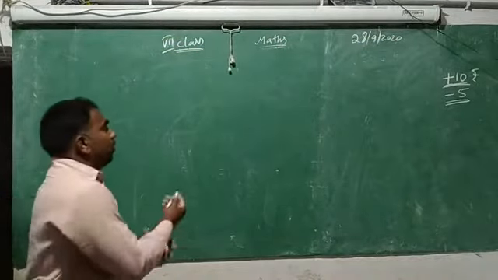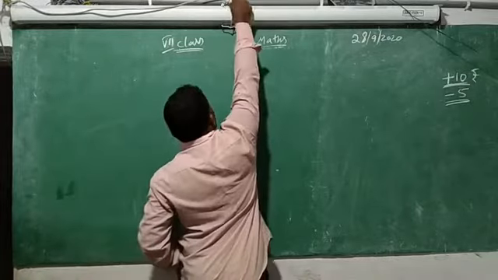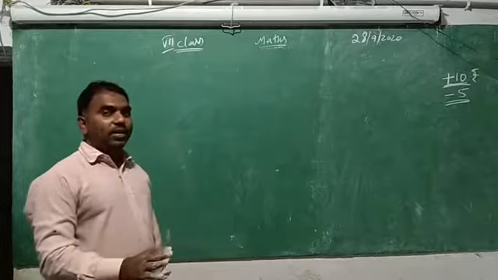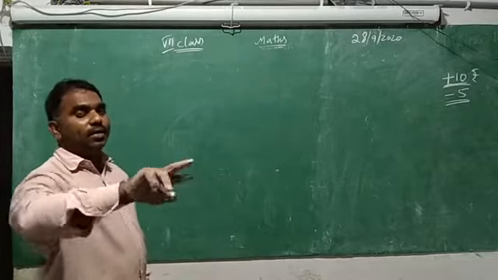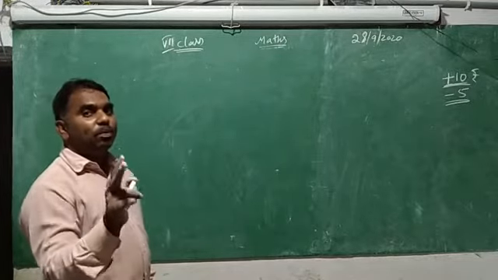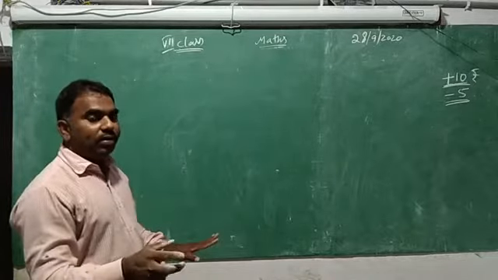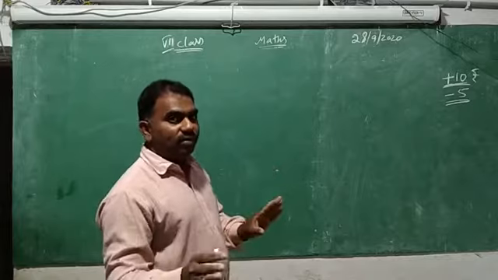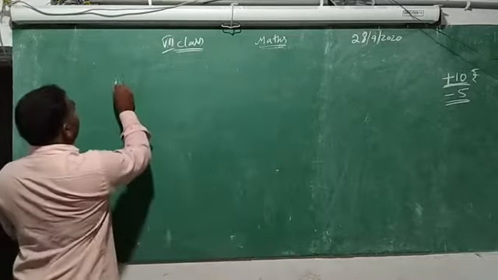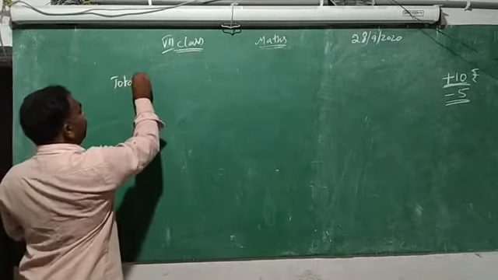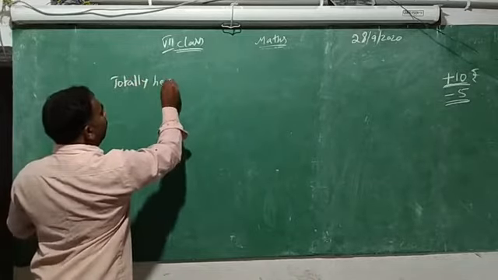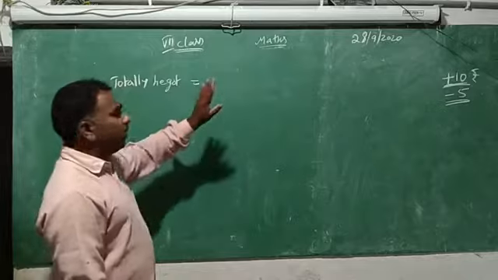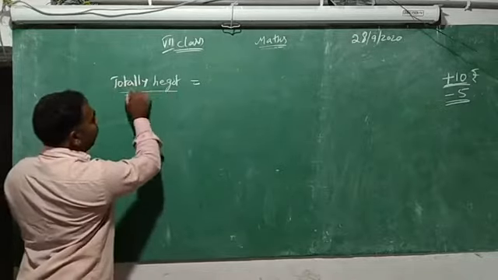So what is the question? When he is selling a basmati rice bag, he is getting 10 rupees profit. For a non-basmati rice bag, he is getting 5 rupees loss. So finally we are finding what he gets in total, profit or loss. The formula we are going to prepare for that: totally he got equal to, and we prepare this in a formula.